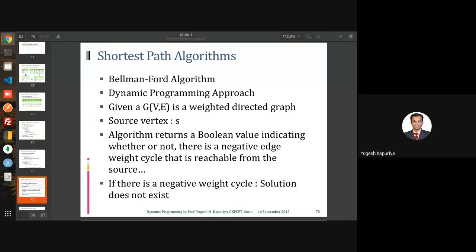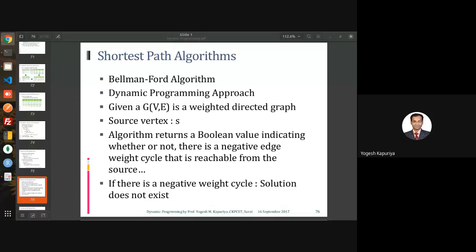Basically, the reason behind it is that we have an optimal substructure property. It means that if there are three vertices a, b and c, a and b are connected, b and c are connected, and you are interested in finding out the shortest distance between a and c, then the optimal substructure property says that if you can have the shortest distance between a and b, and the shortest distance between b and c, then you can easily derive the shortest path between a and c.